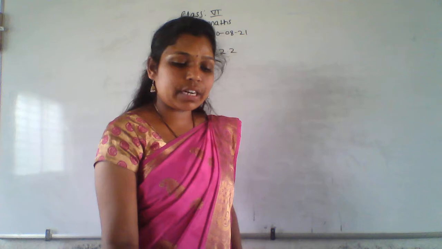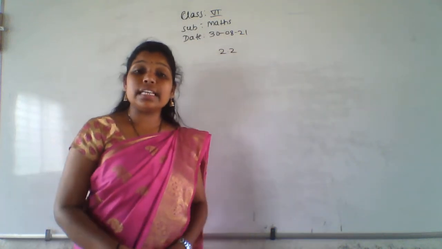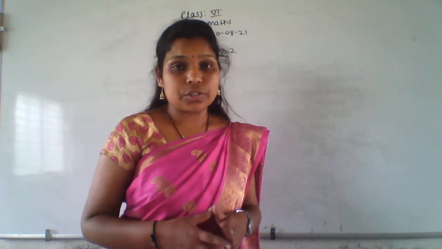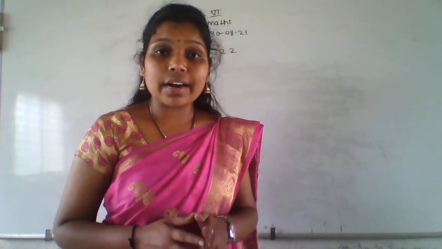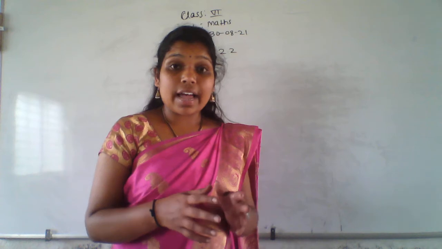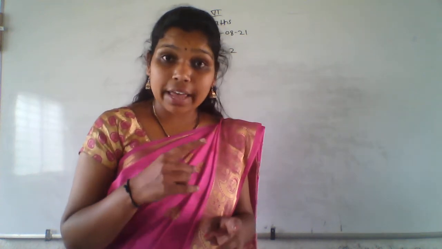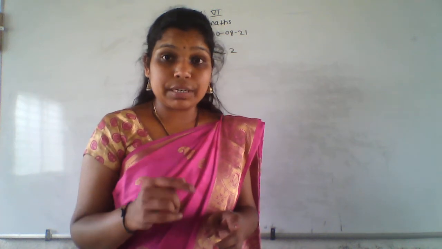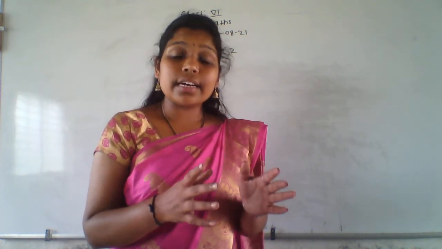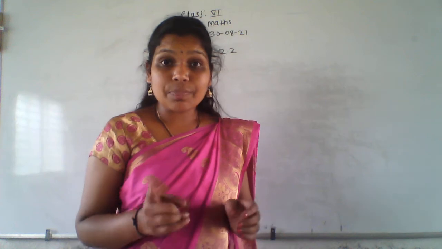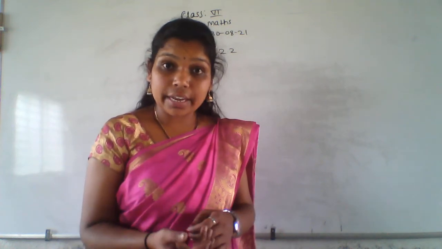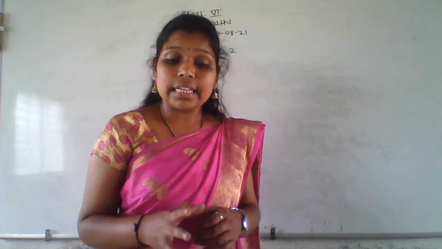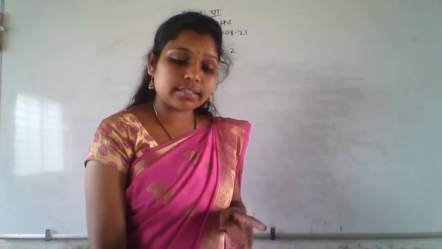I told the definition of a factor as well as multiples, even the difference between factors and multiples, right? So what is the difference between factors and multiples here? One is a factor of every number, but one is not a multiple of every number except itself, right? And factors are finite in number, but multiples are infinite, right? So if we know this difference properly, then only we can study factors and multiples.